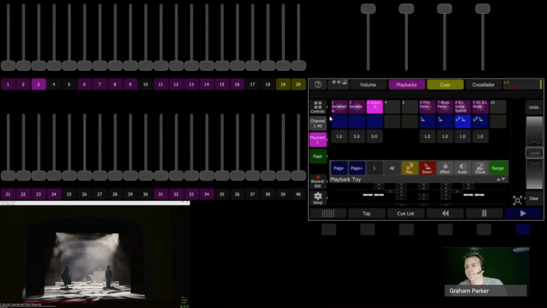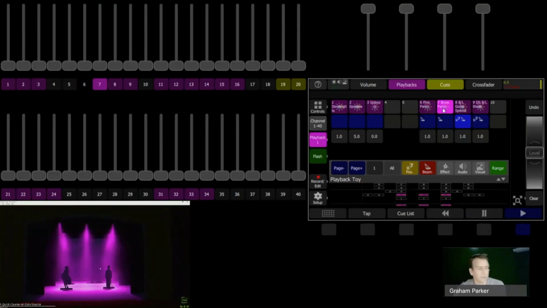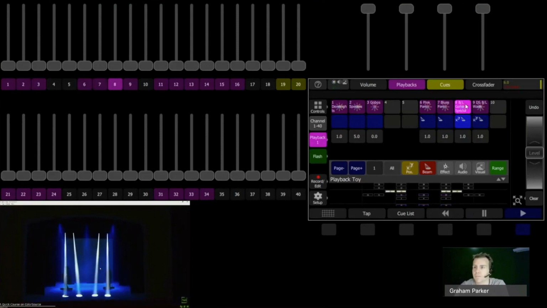They're static states. But if we have a look through here, you'll see I've got a few other things in here. I've got pink power downlighters, blue power downlighters in there. And you'll notice underneath here, there's a little button which gives you some more information to say that you've got intensity and color information stored in there. And then the next one is a Backlight Gobo special. So if I run